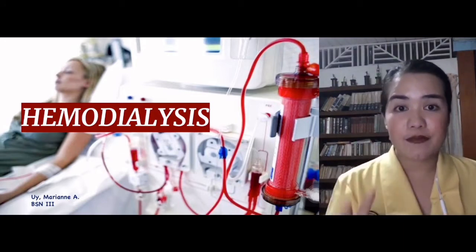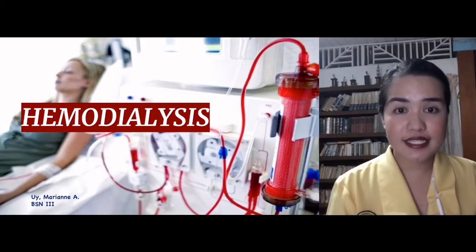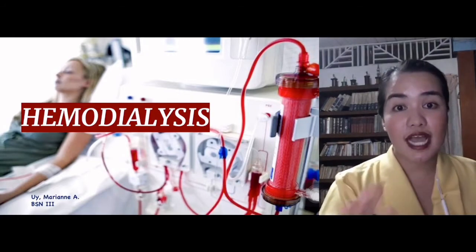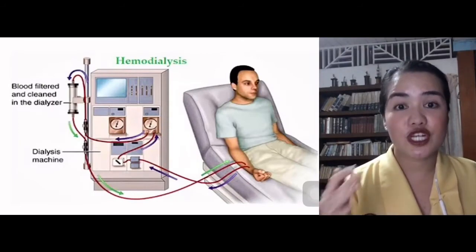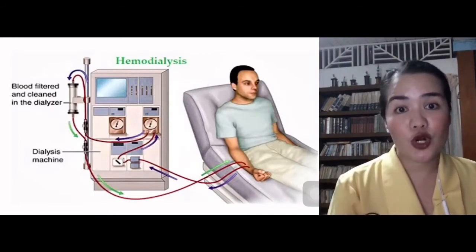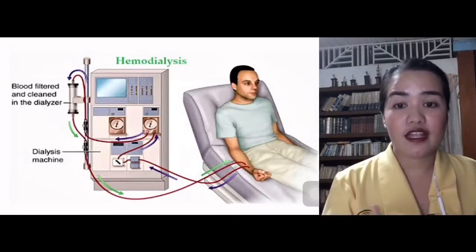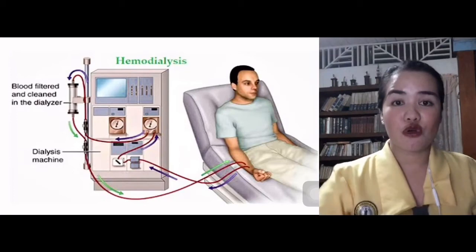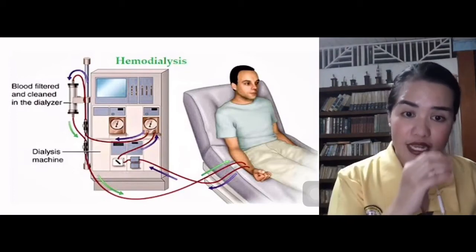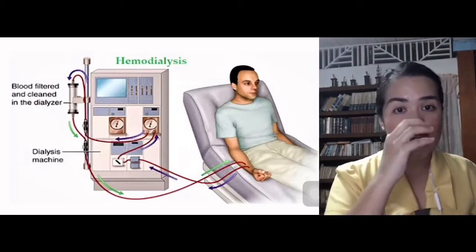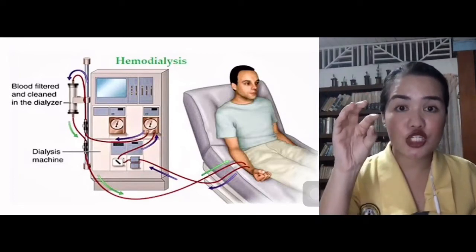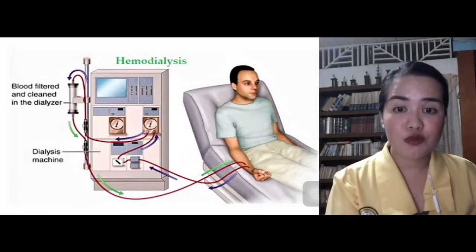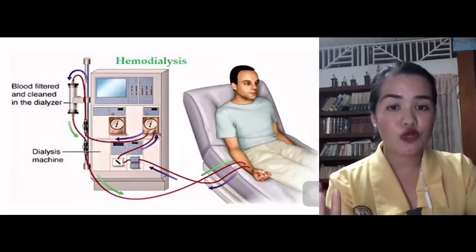Now, there are two types of dialysis. We have hemodialysis and peritoneal dialysis. Hemodialysis is a type of dialysis using an artificial kidney to perform the function of a healthy kidney, and that artificial kidney is what we call the dialyzer. So the blood from the patient is taken out through the collection tube. It will travel through the collection tube to the dialyzer to be filtered. Once it is purified, it will travel again through a second collection tube back to